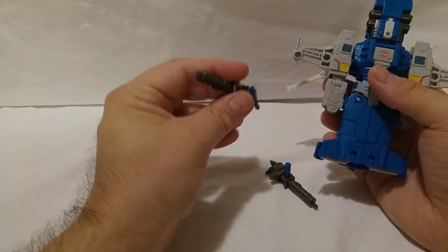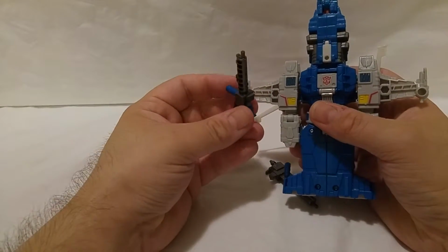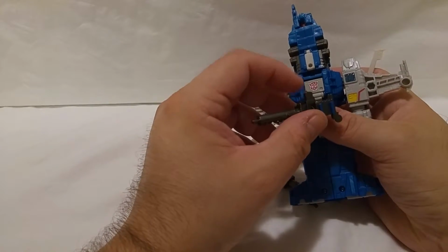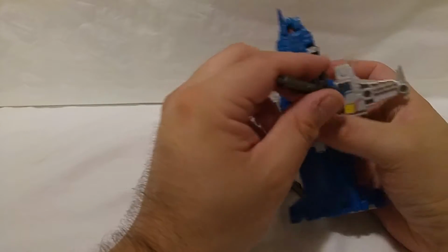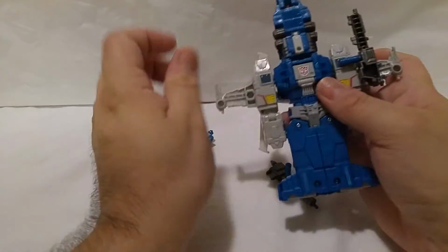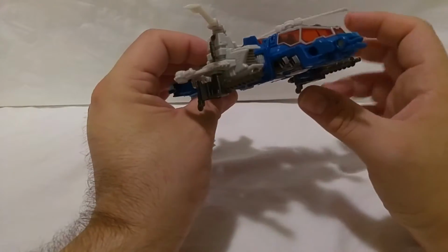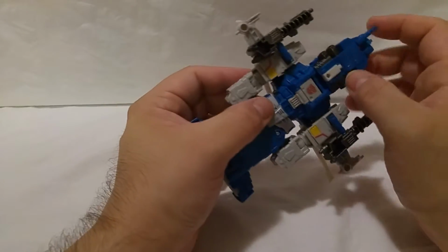And from here, someone did mention this online on a review that I read. The best way to insert the guns, I find, and I agree with them, is what they said. This part right here, which they say to be the cartridge for the gun, insert into this hexagonal slot in the wings. I prefer having the handle in. Gives you 2 extra points for the